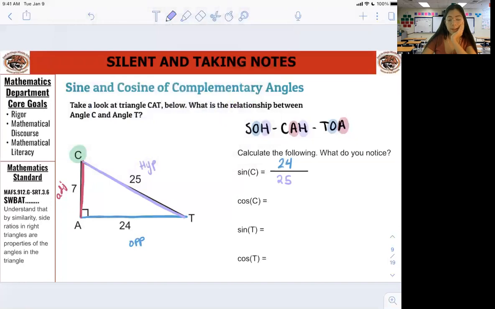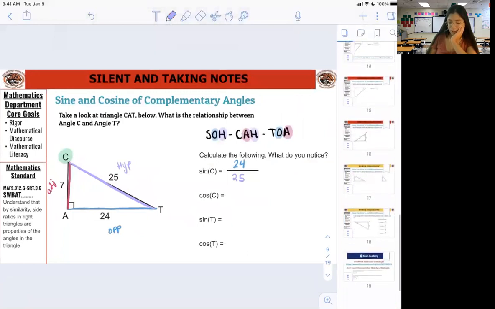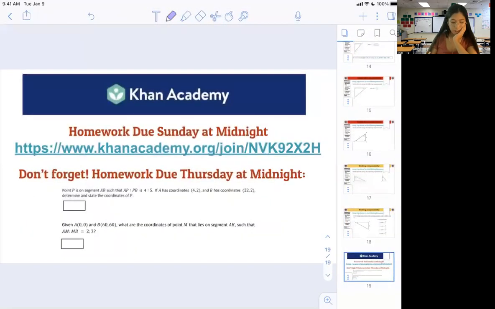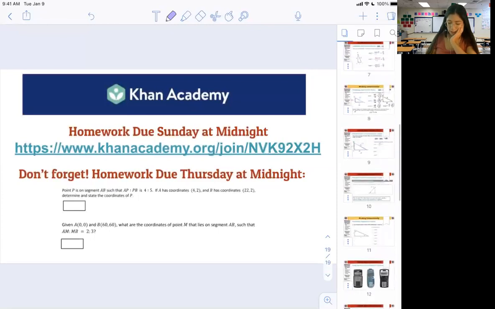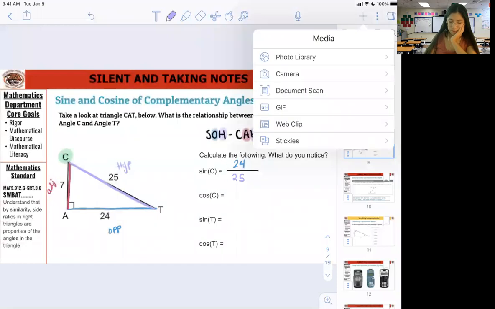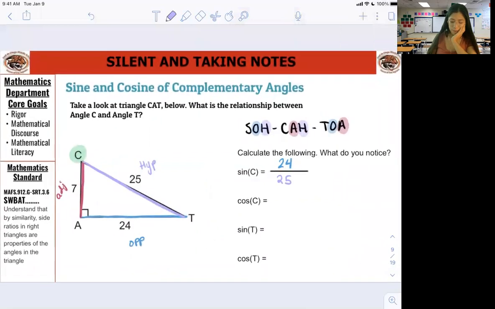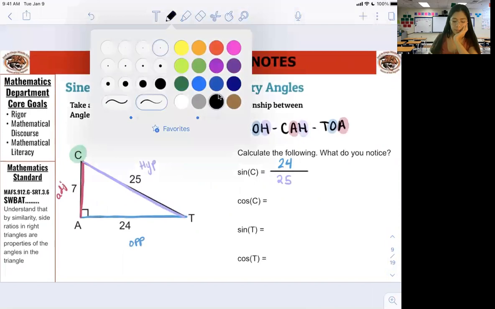So what's about to happen, because Ms. Lopez does not appreciate when her students just sit there and stare at the screen, is there is an assignment. If you've been paying attention, you should not be worried at all right now. You should be just fine. Everybody right now, go to Khan Academy and look for the assignment. I already put it up. It's called